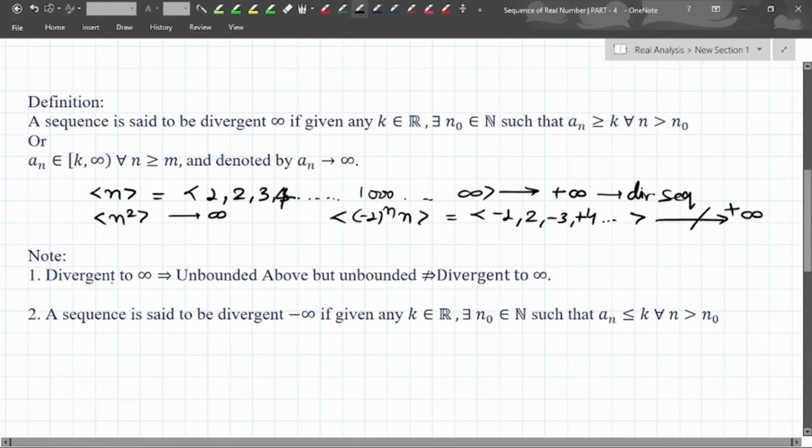Okay, next. We have a note that diverges to infinity means unbounded above but